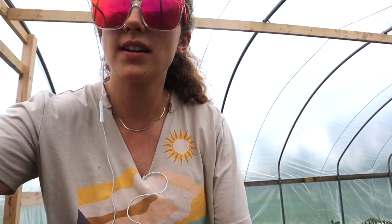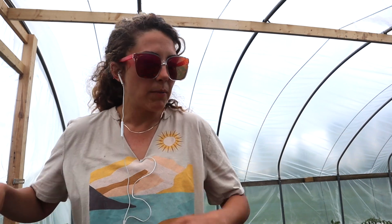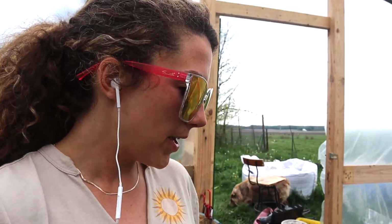So I'm going to try to succession sow a lot of microgreens, especially in the early season when I don't have much else, because I'm going to the farmer's market this weekend, ready or not. So I gotta have something to take with me. I'm gonna have veggie starts, obviously, and microgreens, and maybe a few heads of lettuce, because